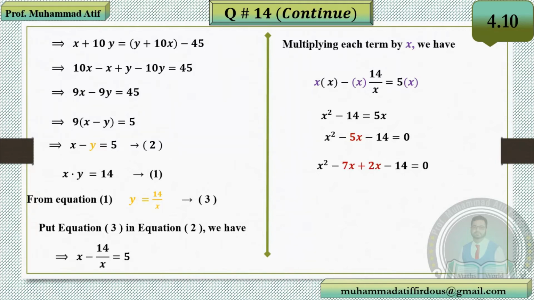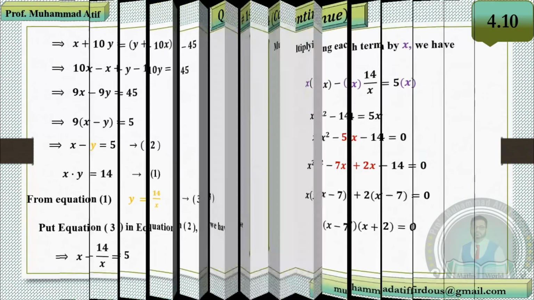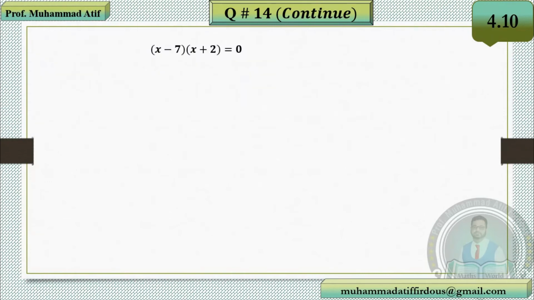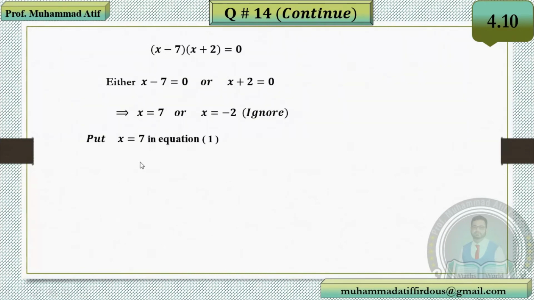Middle term breaking, minus 7x plus 2x, or on more simplifying, we have a pair, x minus 7 and x plus 2. Any problem? Okay. So x minus 7, x plus 2: either x minus 7 is zero, so we have x is equal to 7, or x is equal to minus 2. Ignore this negative number. Put x is equal to 7 in equation